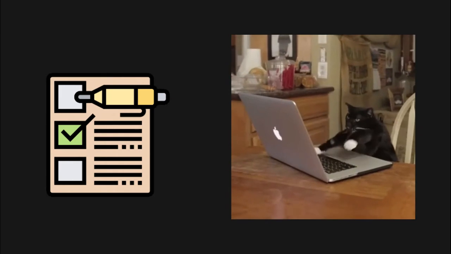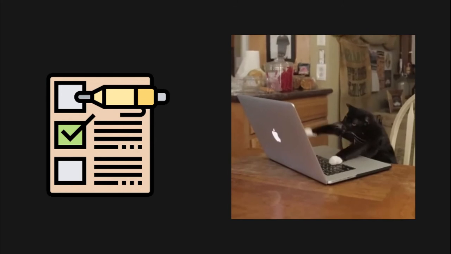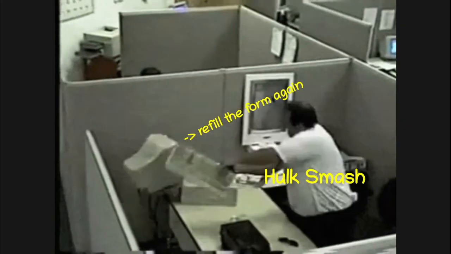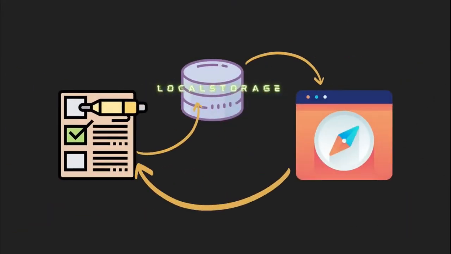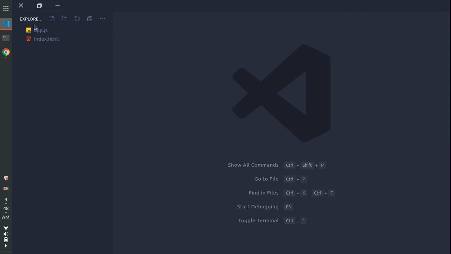Filling up the long form is always frustrating, especially if you're about to finish the form and you mistakenly refresh the browser. So to overcome this problem, we have to store our form somewhere, but for this demo we'll be using local storage. So for the code part, we will be using two files,